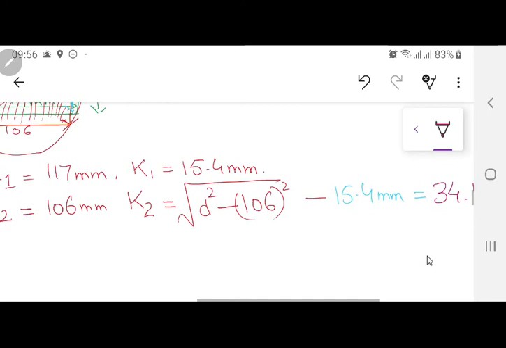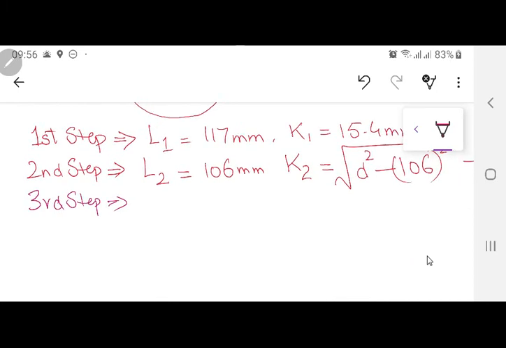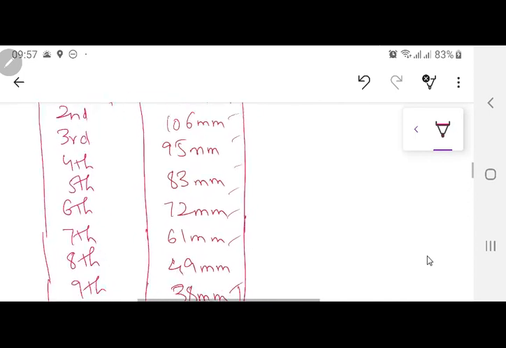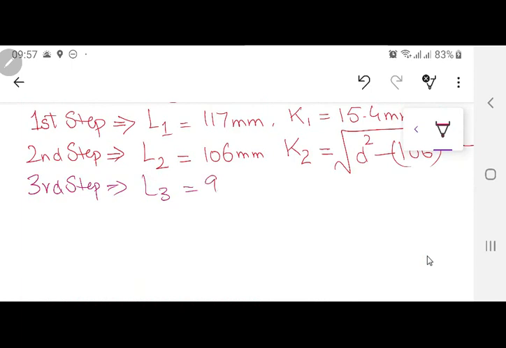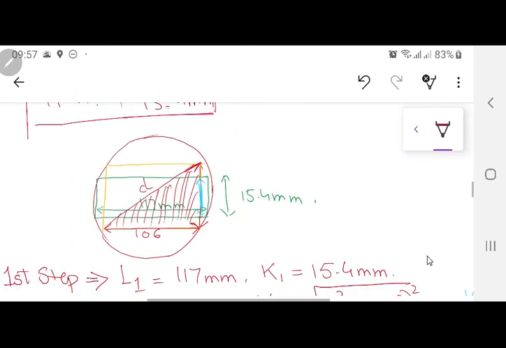जी ये जरा अपनी कॉपीज में आप जरा करो जरा इसको कैलकुलेशन. जस्ट डू इट नाउ और मुझे फिर बाद में वैल्यूज बताना. I will just write the L3 or whatever you have. ये जरा L3 क्या है जी? 95, 83 mm, L5 72, 61, 72 mm, 61 है, sorry 61 and 49.